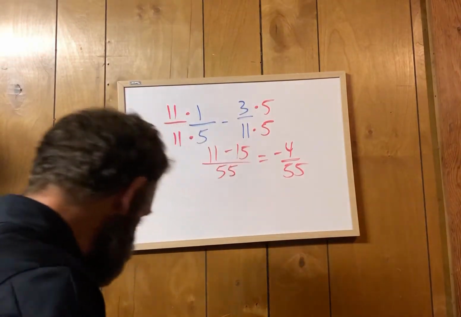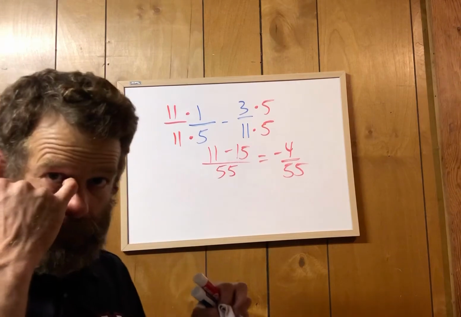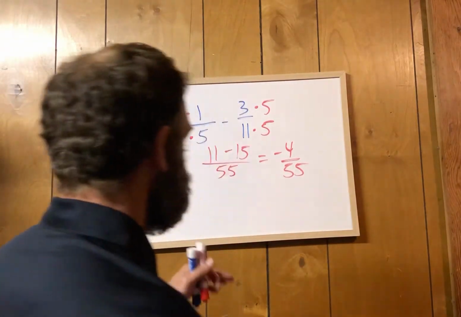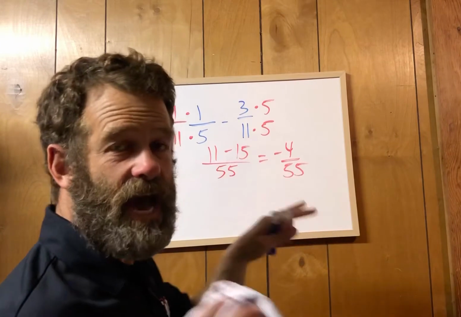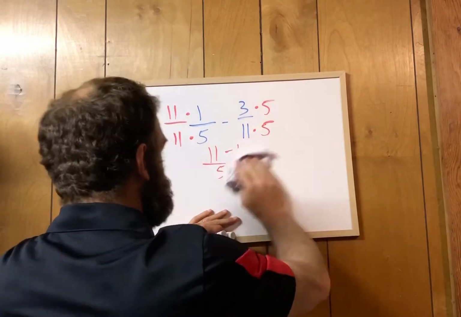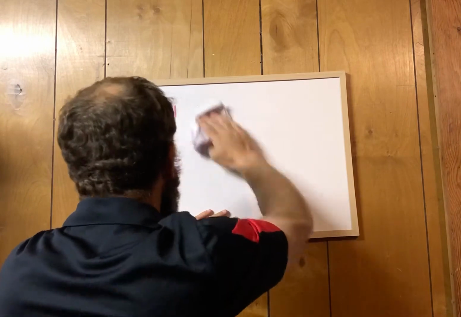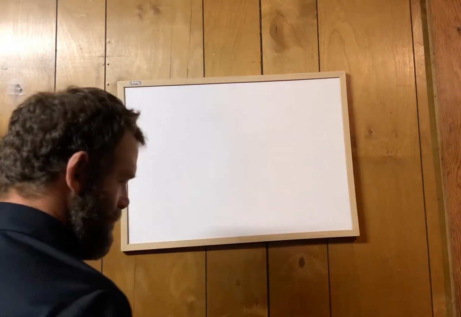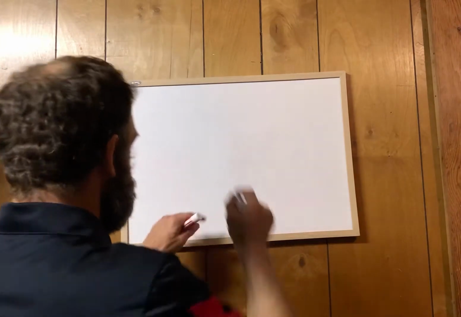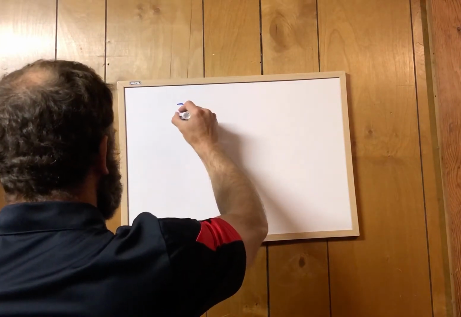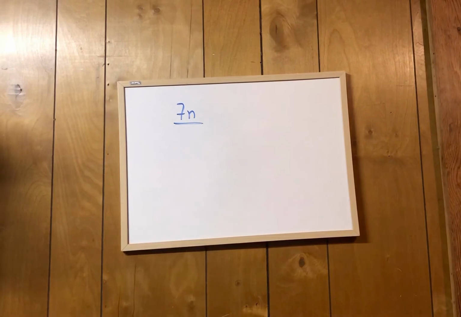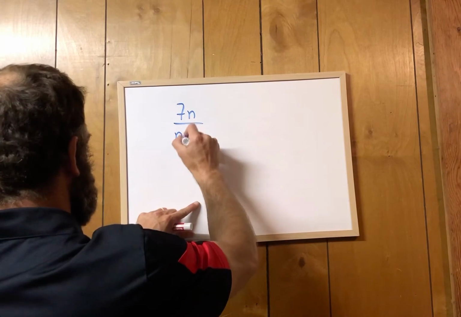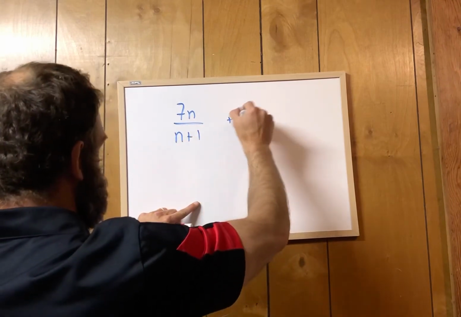However, with rational expressions, you have to understand how to add and subtract them. It's the same concept as basic adding and subtracting of normal fractions. We're going to apply the same rules, except we're going to have polynomials instead of numbers. I give you 4 example questions. The very first example question that I give you is 7n over n plus 1 plus 8